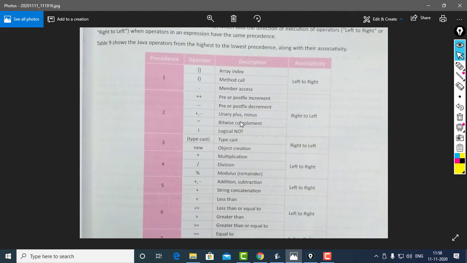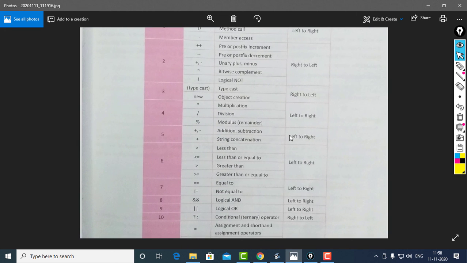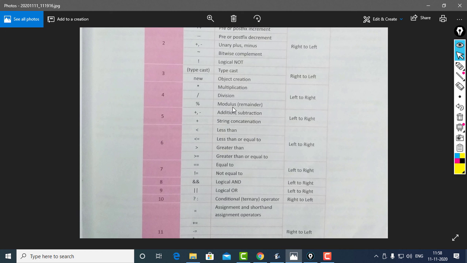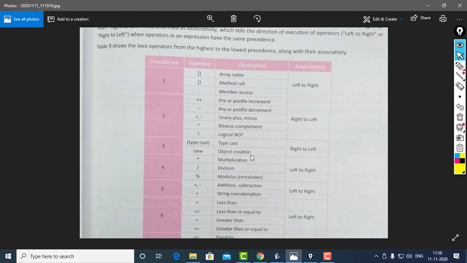Then what about the increment and decrement operators? The associativity is from right to left. So based on the type of operator, the associativity is different. For some operators the associativity is left to right, and for other operators it is right to left. All the operators are in this table, so you can check the associativity and the precedence of all operators.